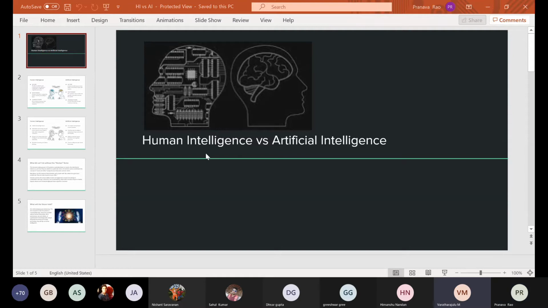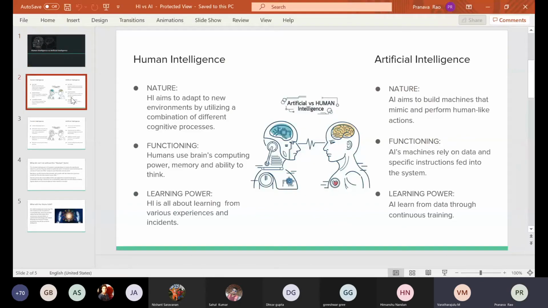Slide share. Yes, yes. Now did it move to the second slide, sir? No, not yet. Go to the second slide, and then press Shift F5. Shift F5.